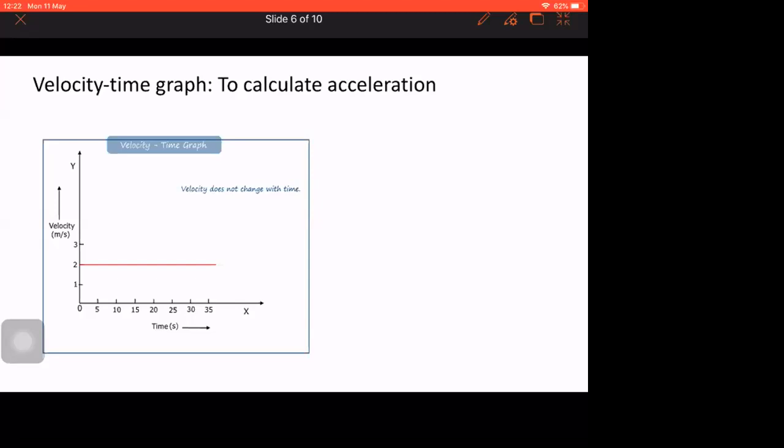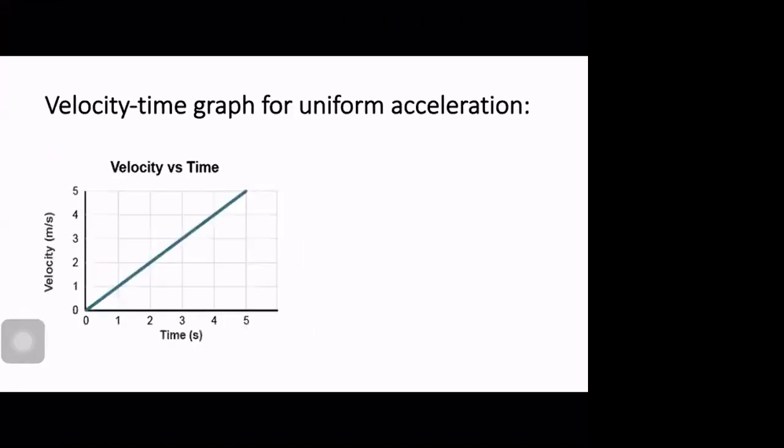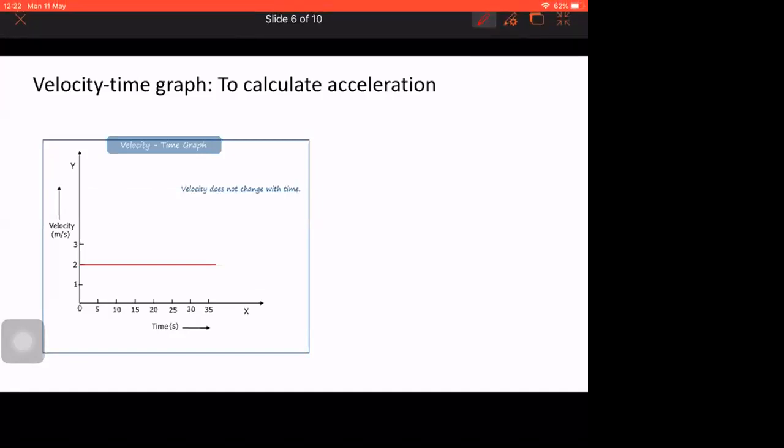Very, very, very good. Here I am taking velocity on the y-axis. Time will always be on the x-axis. If you look at the graph, time is moving, but the body has only one velocity here, 2 meters per second. It means your body is moving at a velocity of 2 meters per second only. The body is not changing its velocity. Velocity does not change with time in this graph. So can I say zero